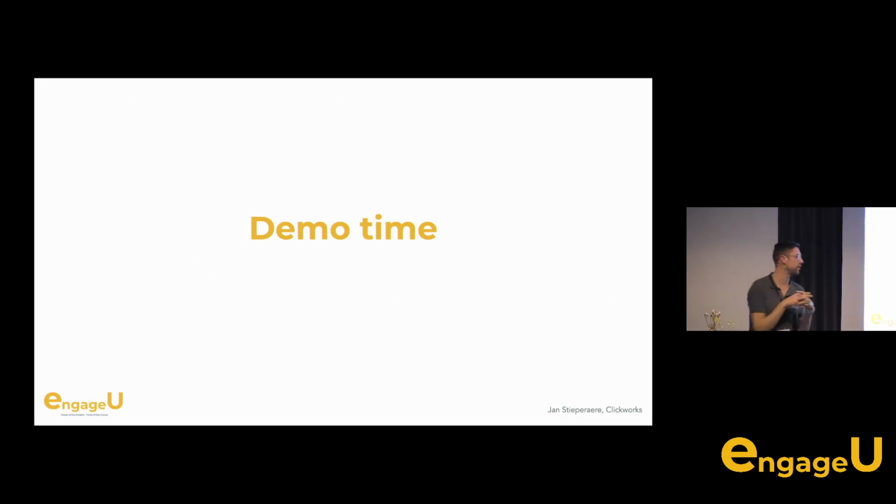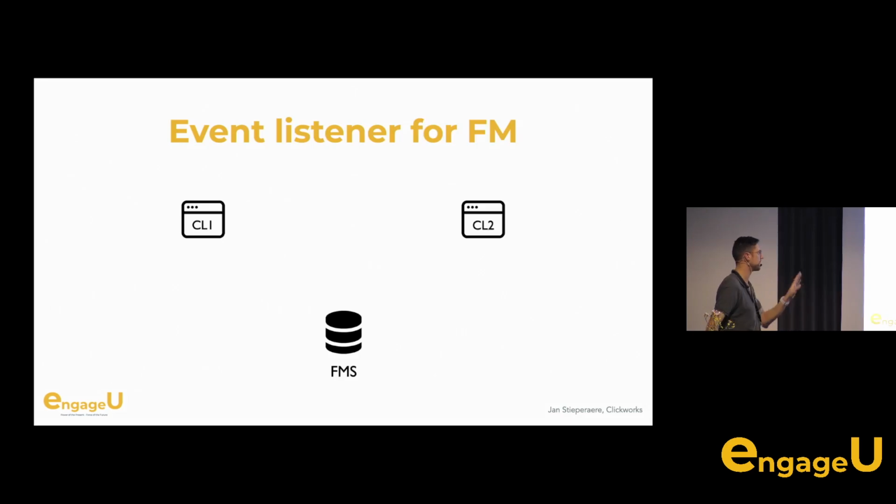Normally in web environments this would be done by a socket.io server, but because we can here in FileMaker, I built something in FileMaker. Is it wise? That's something else, but we'll see. So we have client 1 and client 2, both connected to the FileMaker server. That's necessary because